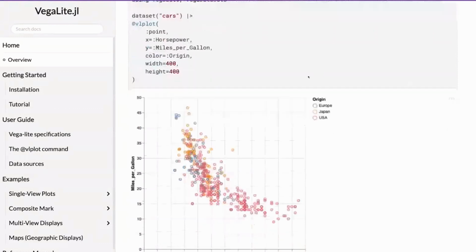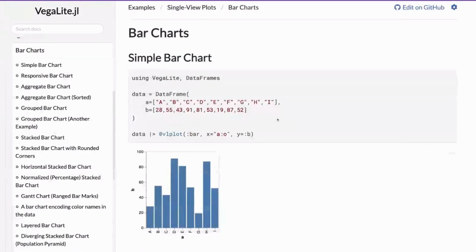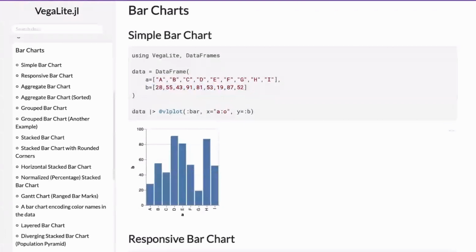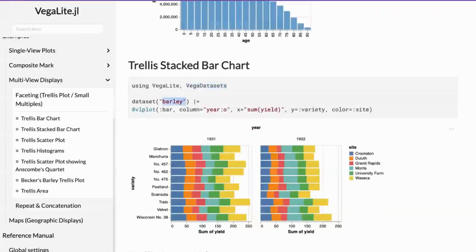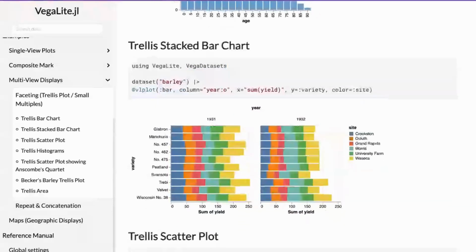And VegaLite has a bunch of examples of different bar charts. So this @vl plot is the VegaLite plot. And then you say, okay, I want a bar. But what's interesting is you take your data and you use the pipe operator to pipe it into this plot thing. So again, a little bit different approach. I also like that there are some good toy datasets inside of VegaDatasets.jl. Yeah, here's a barley dataset. So VegaLite is another option,